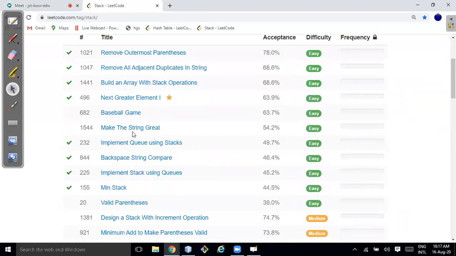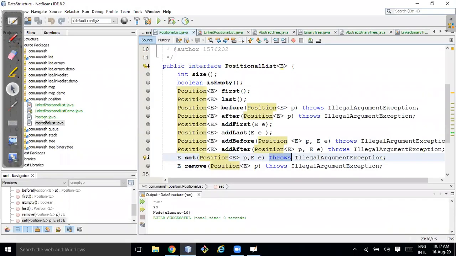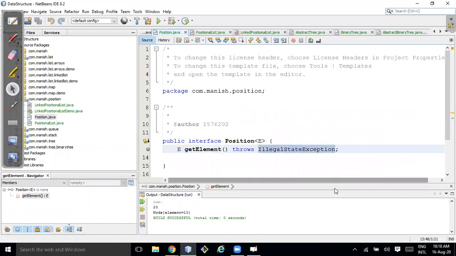Then try to solve these 2 problems. If you have any issue at any time, just let me know, or you can search on Google also, you will get the solution. I don't see any difficulties there. Okay, so let me move to the next topic, and that topic is very interesting.